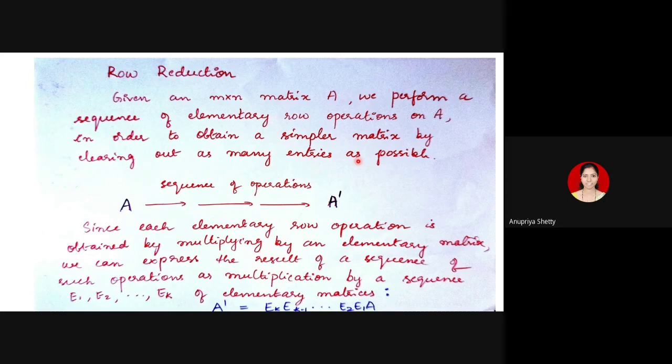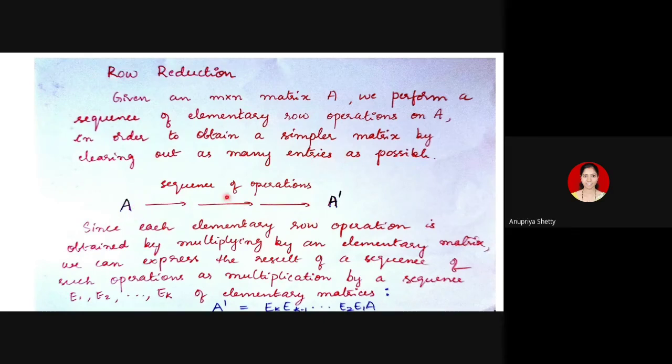So don't multiply any row with 0. That's why in the third type of elementary row operation, we have taken the scalar c to be non-zero. Because if you are allowed to multiply by 0, you can simply multiply all the rows by 0 and get a 0 matrix, which is not at all useful because you're trying to solve a system Ax equal to B. So you always take a non-zero scalar in elementary row operations of type 1 and type 3. And the second type is just interchanging rows. So you can apply any number of elementary row operations, of any of the three types, just to come to a simpler matrix.